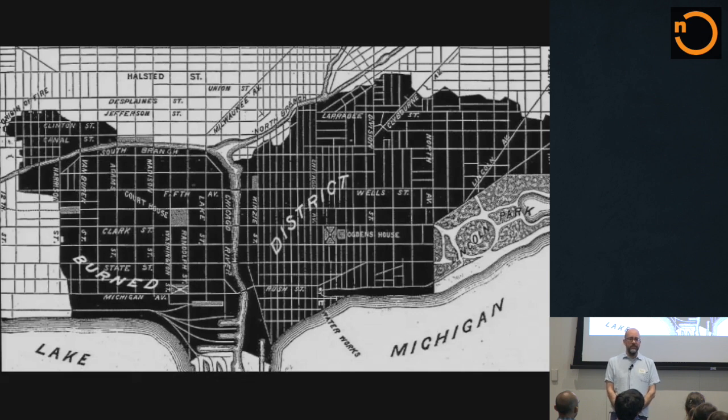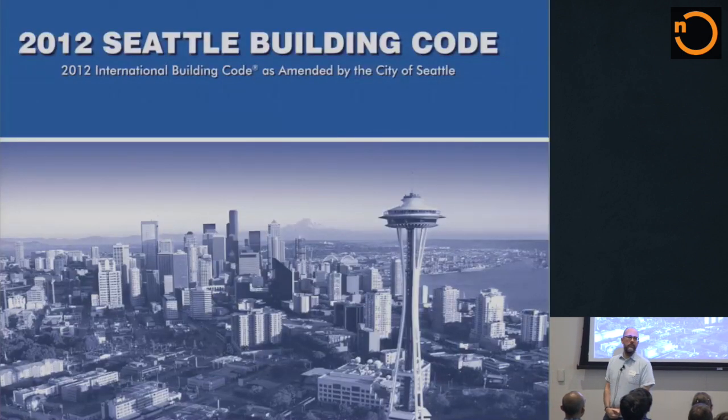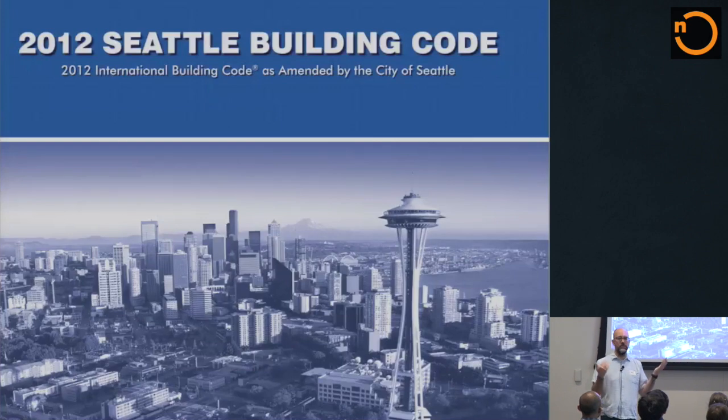Philadelphia was built with wide streets and brick. Chicago and Seattle and San Francisco were built a lot around wood. And Chicago and San Francisco and Seattle all learned their lessons. And we call these things building codes. They have the rules for how you do the built environment in terms of seismic, in terms of fire prevention, in terms of egress, in terms of basic rules.